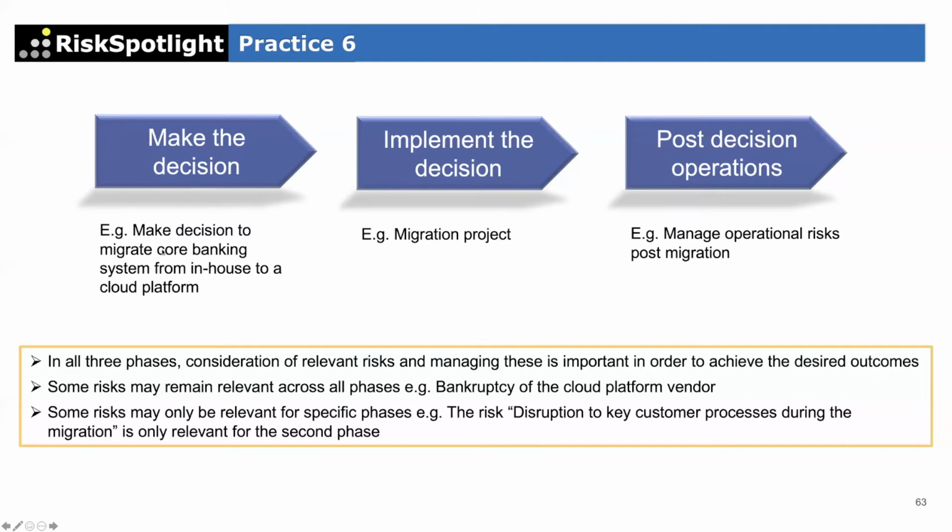So if you take an example of making a decision to migrate a core banking system, which we currently have in-house, and the bank is deciding whether we should migrate this to the cloud platform. That would be a big decision. So there'll be a lot of deliberation and thinking around how much it's going to cost. Is it worth it? So there's a lot of discussion which would happen at that stage. Once the decision is made saying, yeah, it makes sense, let's go and do it, then a project would be set up to do that migration, and that may last 6 months, 12 months, 18 months, depending on how big that core banking system is.